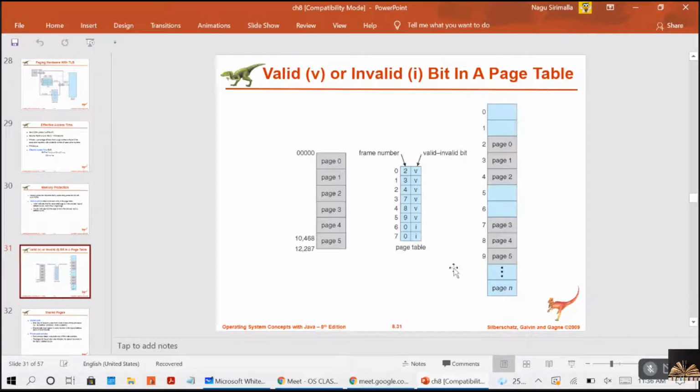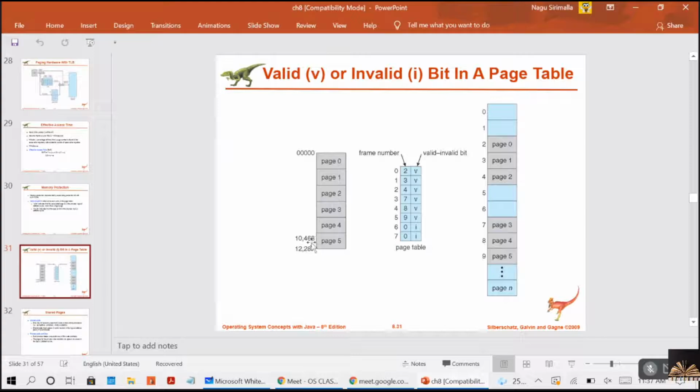Consider this figure: a system with a 14-bit address space, and we have a program that should use only the addresses starting from 0 to 10,468. Let's consider.